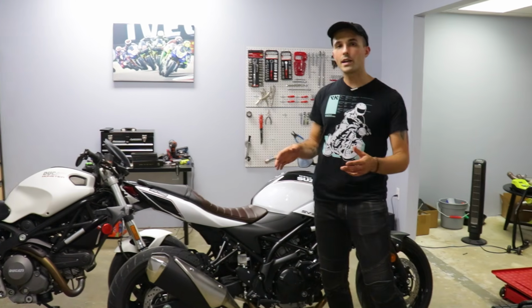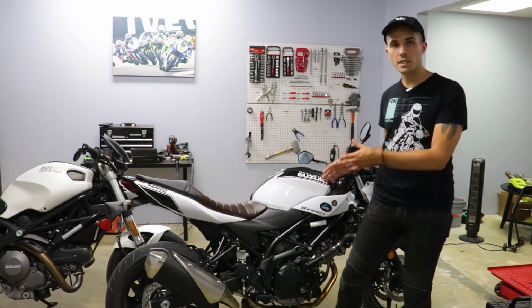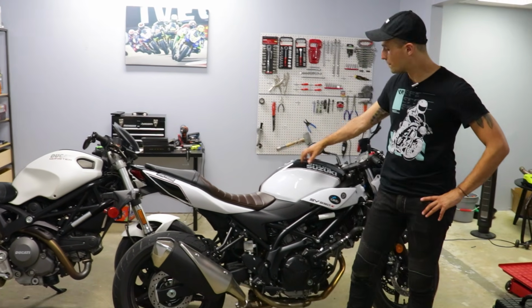So in the world of naked bikes, you've probably heard a lot about these two motorcycles we have today. It's the Suzuki SV650 and the Ducati Monster. Why do we have the Monster? Well, I'm gonna let Spite tell you about that a little bit later, but the reason we have the SV650